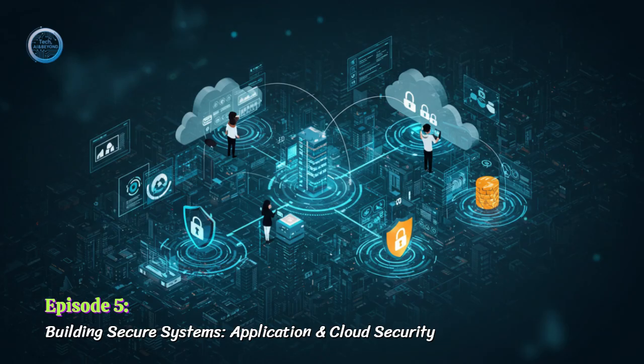Then there's secrets management. How do containers get the credentials they need to talk to databases or APIs? If those secrets aren't stored and injected securely, maybe just put in environment variables or baked into the image, well, if one container gets compromised, the attacker might grab those secrets and pivot. And then there's the risk of privilege escalation within the cluster itself. Can a process break out of its container? Can it talk to the Kubernetes API server with too many permissions? A small compromise could potentially lead to taking over the entire cluster.